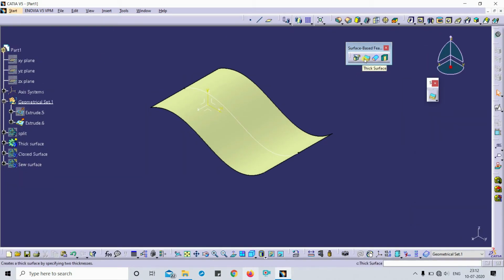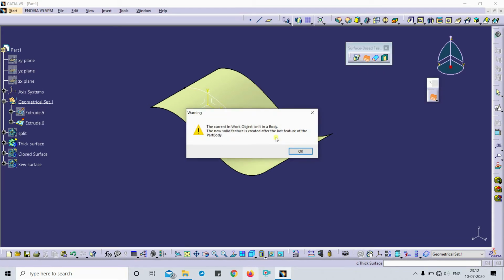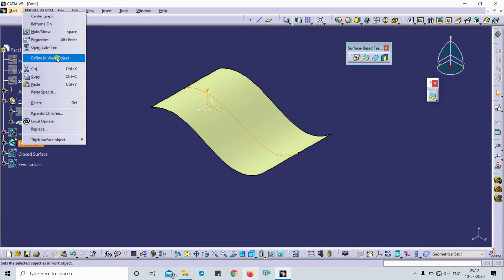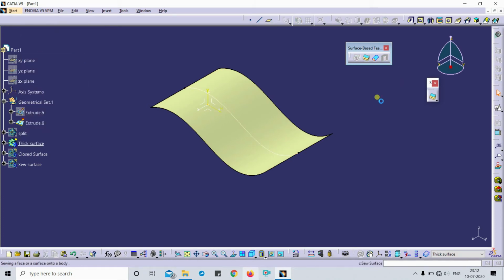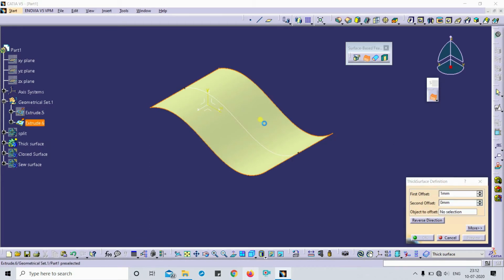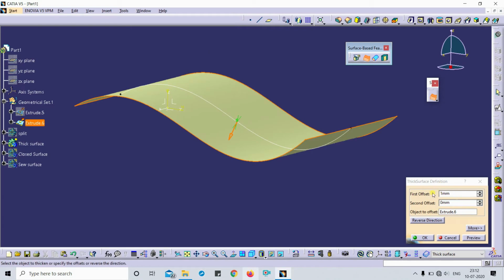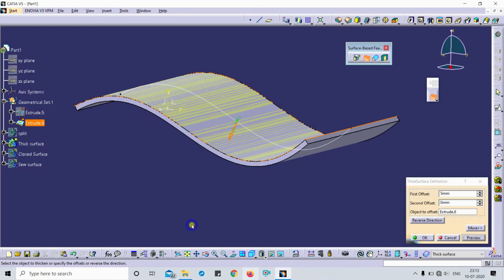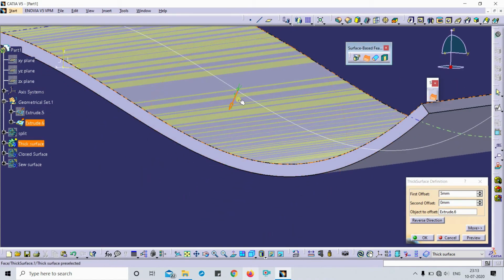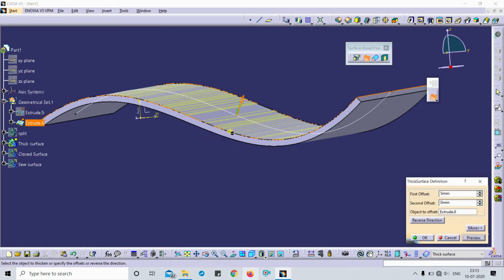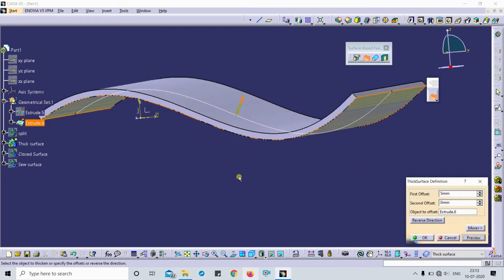So I have added the thick surface. I have to define the work object. So I will select this thickness. For example, for the first offset I have added 5 thickness. You can see the preview at the bottom. It will add the thickness, or you can change the direction also.